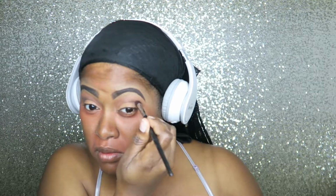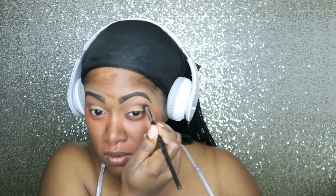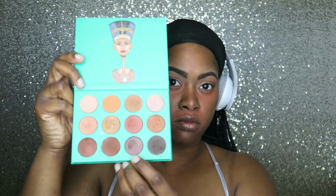Now to deepen that up some more, I'm taking that matte deep, cool toned, almost purple based cool tone brown. It's a very nice shade, and I'm using that to deepen my outer V. And of course I'm using my Morphe blending brush, and I also took this Morphe shader brush